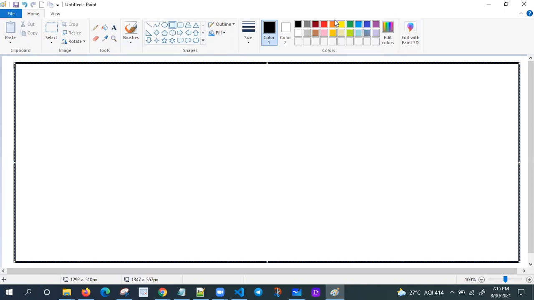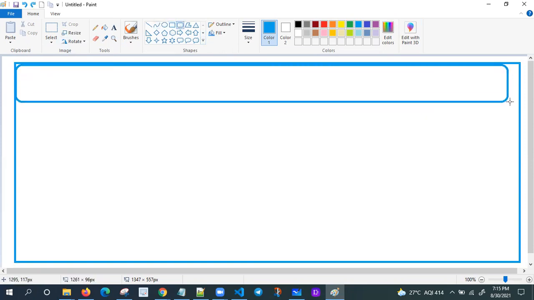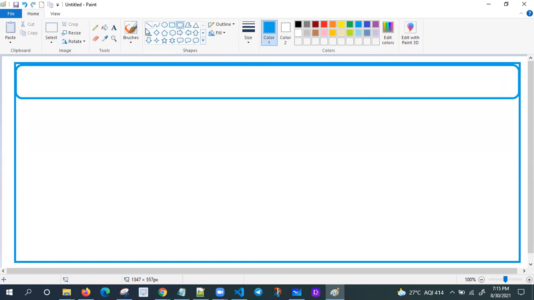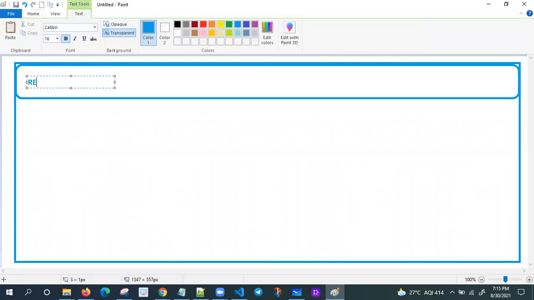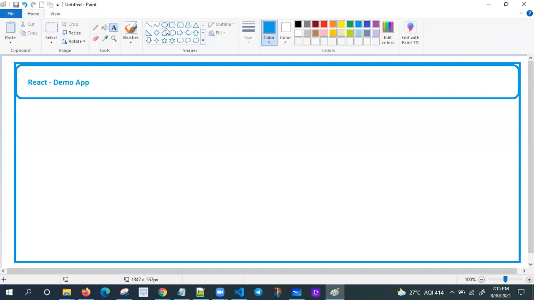I'm taking one navbar with some text, and one link is there. That link name is contact.